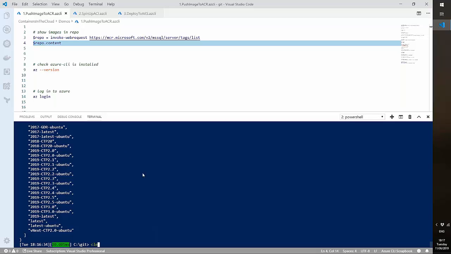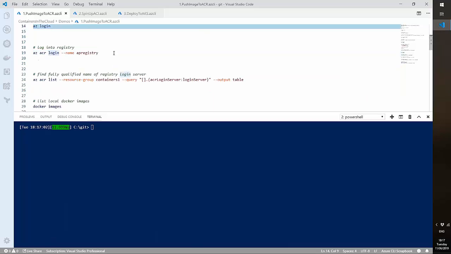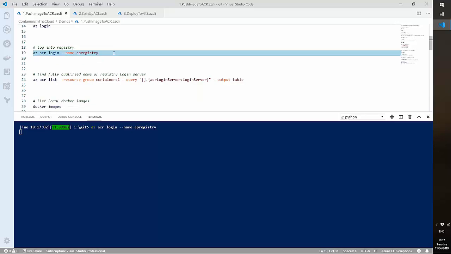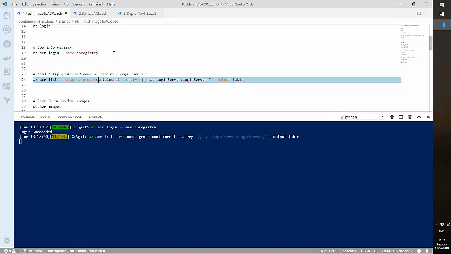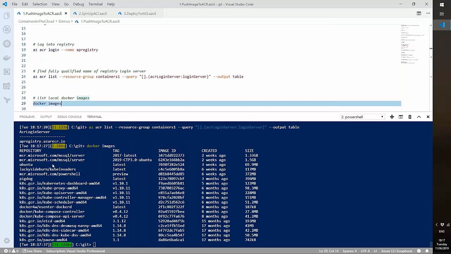Okay, so we have that. I'm logged into my Azure account. Let's make sure I'm logged into my registry. Waiting for this to come back. Yep, telling me login succeeded. And I can run a little script here as well, just to pull out the login server name of an ACR that I created earlier. So there's apregistry.azurecr.io. Okay, so I have my local images, and here is mcr.microsoft.com, MS SQL Server, the CTP 3.0,